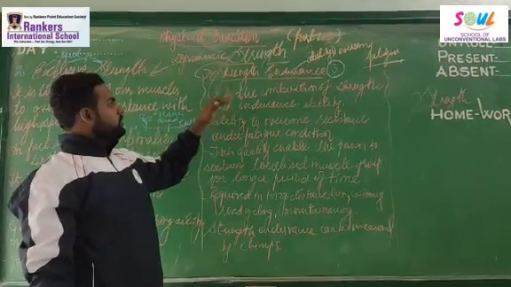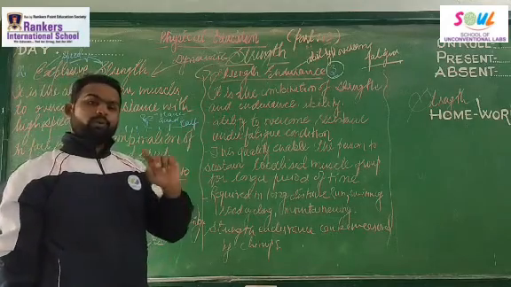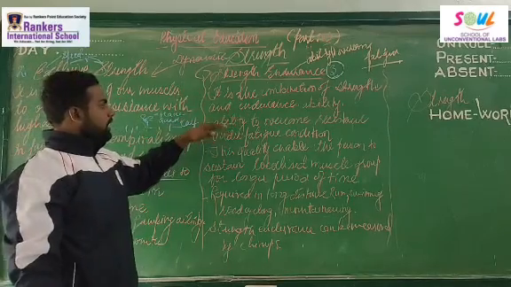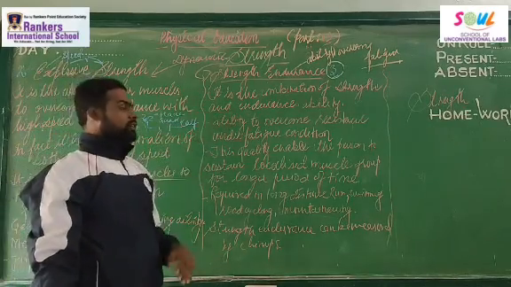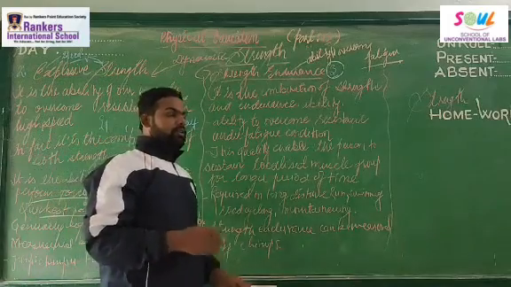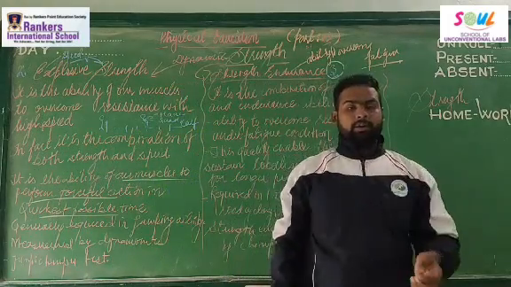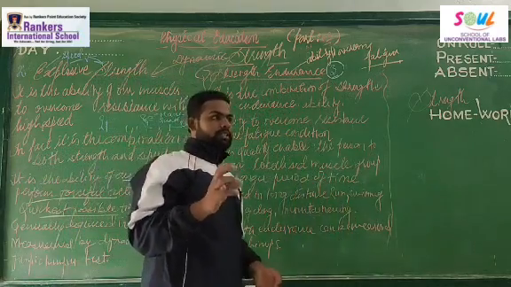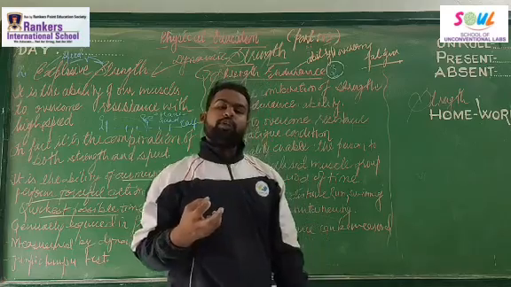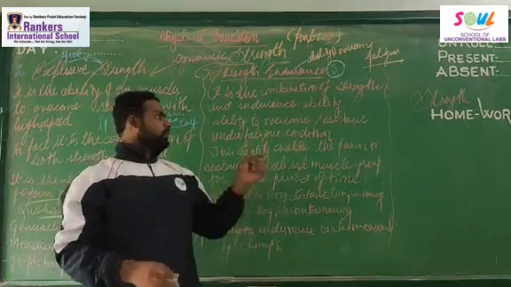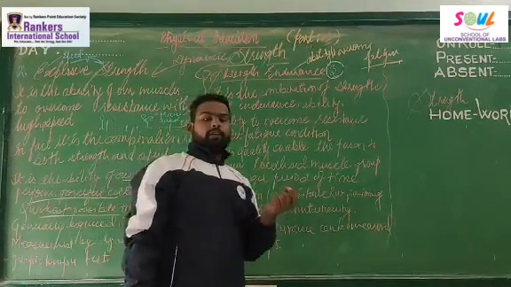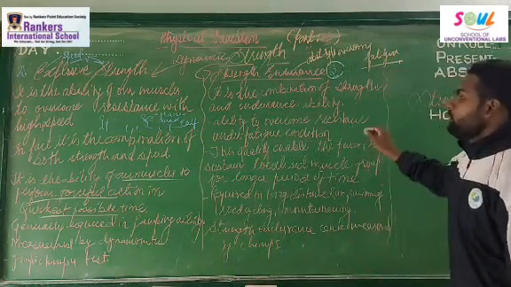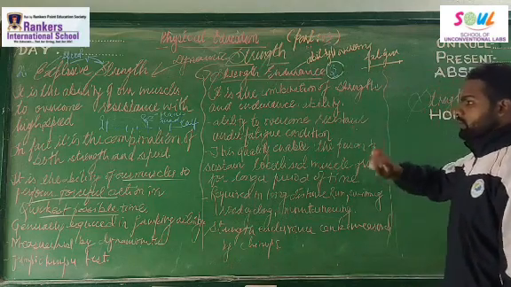So strength endurance is the combination of strength and endurance ability. When both the abilities are working together, this is called strength endurance. It is the ability to overcome resistance under fatigue condition. Now what is this fatigue condition? Let's say I am running for 1 hour, or for 15 minutes. There is lactic acid deposition in my muscles and I am feeling pain. So when I am doing a long duration activity and both strength of my muscles as well as endurance is required in that activity, we call it a strength endurance activity.